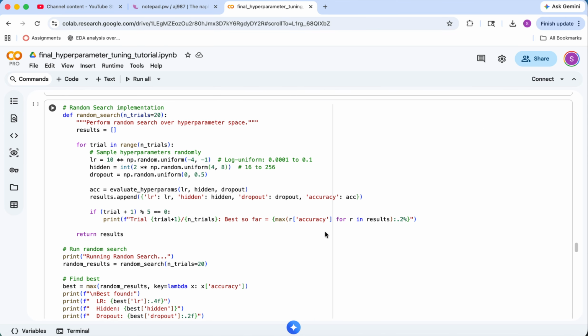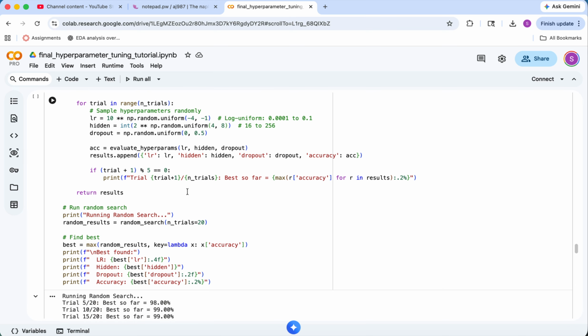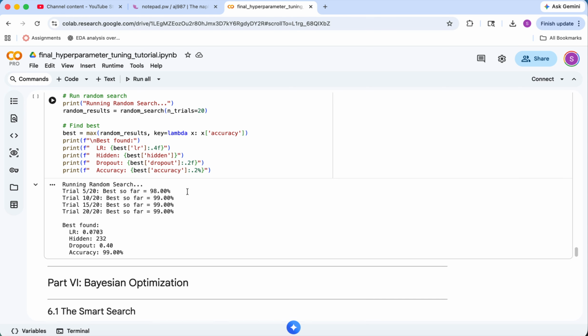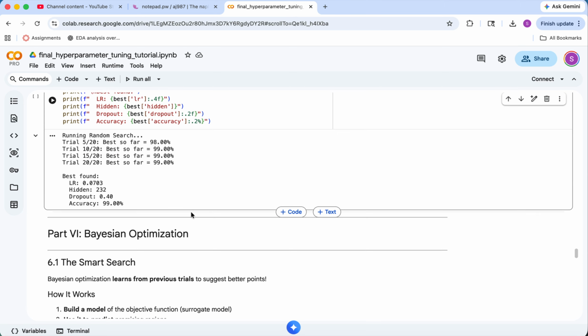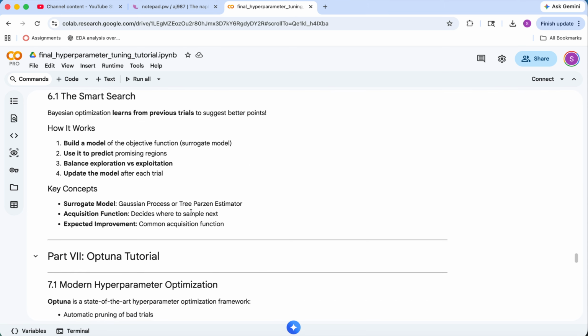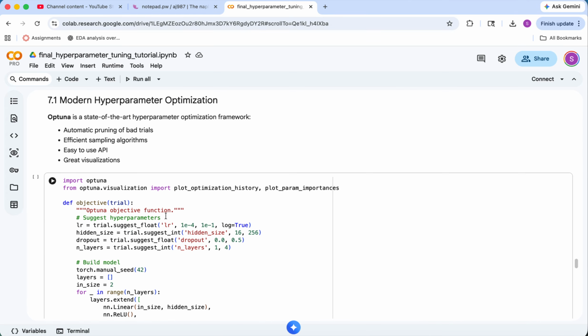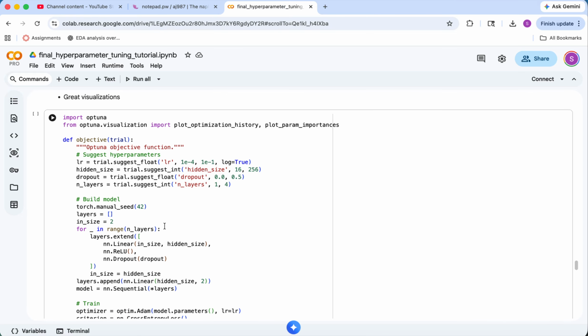Next, we put random search into practice, letting it sample hyperparameters randomly across a defined range for 20 trials. The printed output tracks the best score over time, showing how it quickly discovers a highly accurate model configuration without exhaustively searching everything. Finally, we bring in Optuna to perform Bayesian optimization, a smart search that learns from past trials